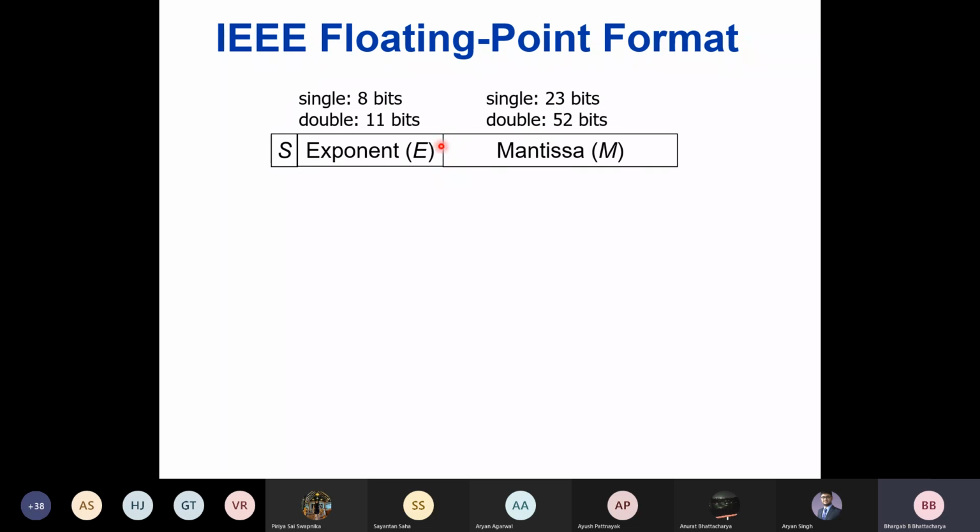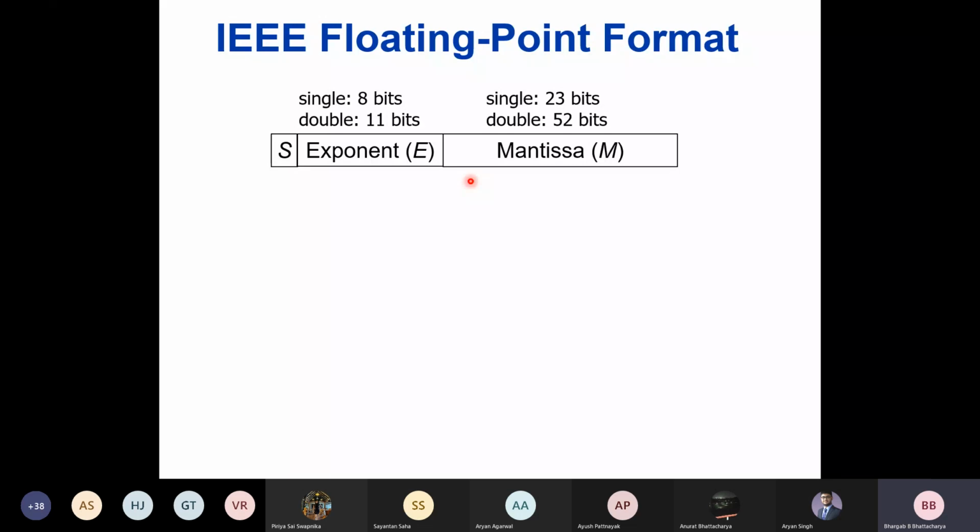So this boundary is arbitrary, right? This is defined by the IEEE floating point standard committee. So the committee has certain things in mind, right? Why did they define 8 bits here and 23 bits here? What is the role of the exponent and what is the role of the mantissa? It's some kind of trade-off, right? I could have used fewer bits in the exponent and more bits in the mantissa and vice versa, right?